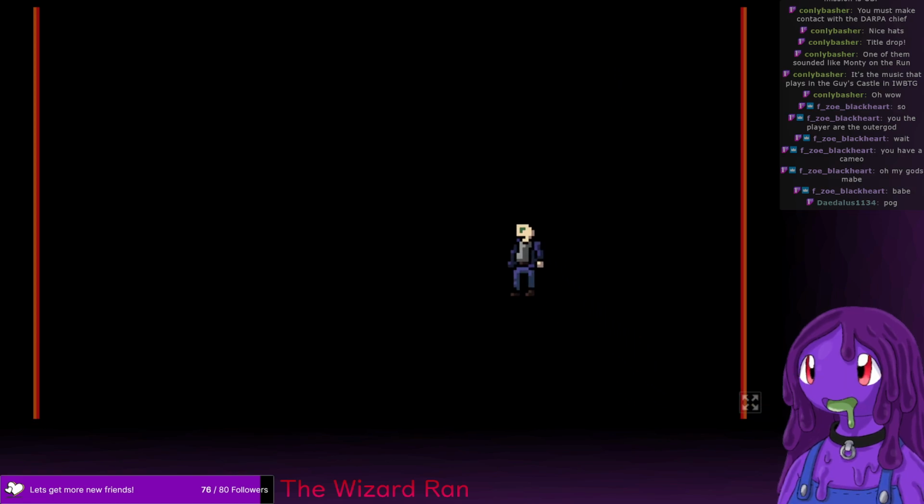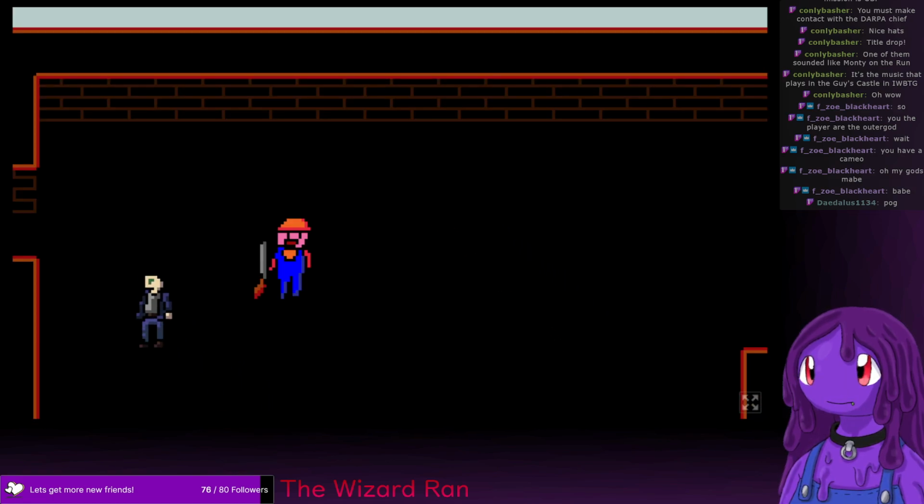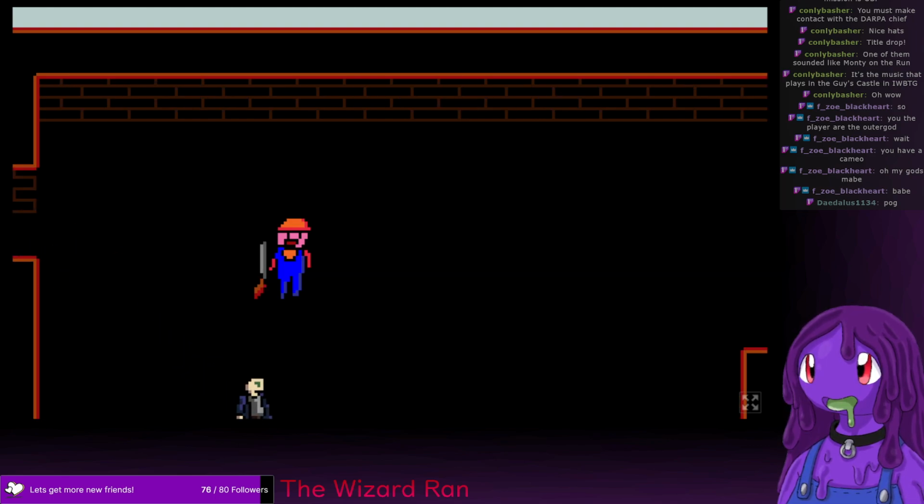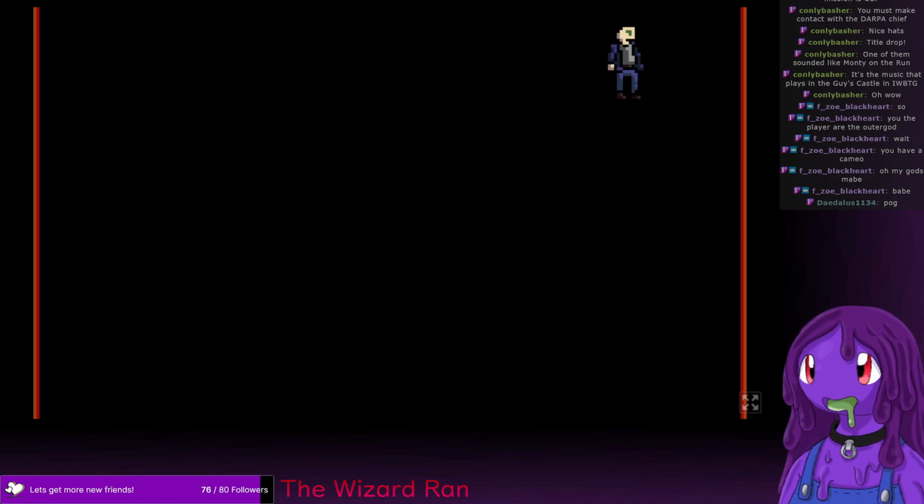I think one of those has to be a lie, though. The guard is wearing a hat and is wearing a normal outfit. This guy's wearing a hat. The detective's wearing a hat.